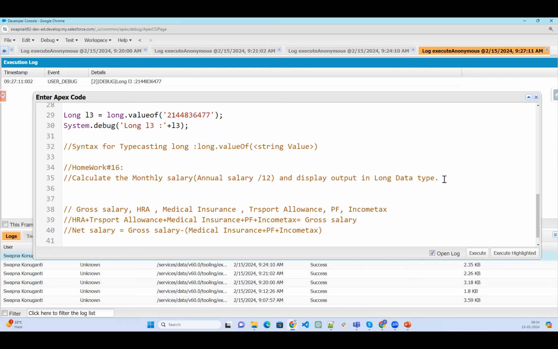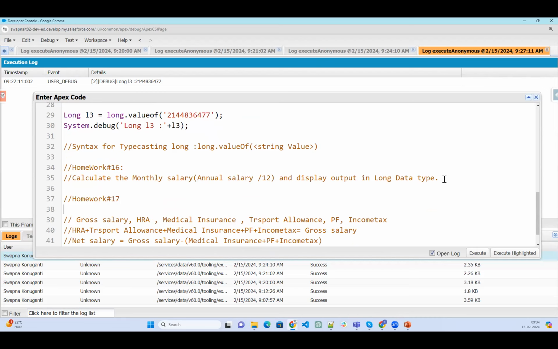Now let's take another homework, which is 70. Calculate the gross salary. Gross salary, you will be displaying it, where you will be combining all this information.